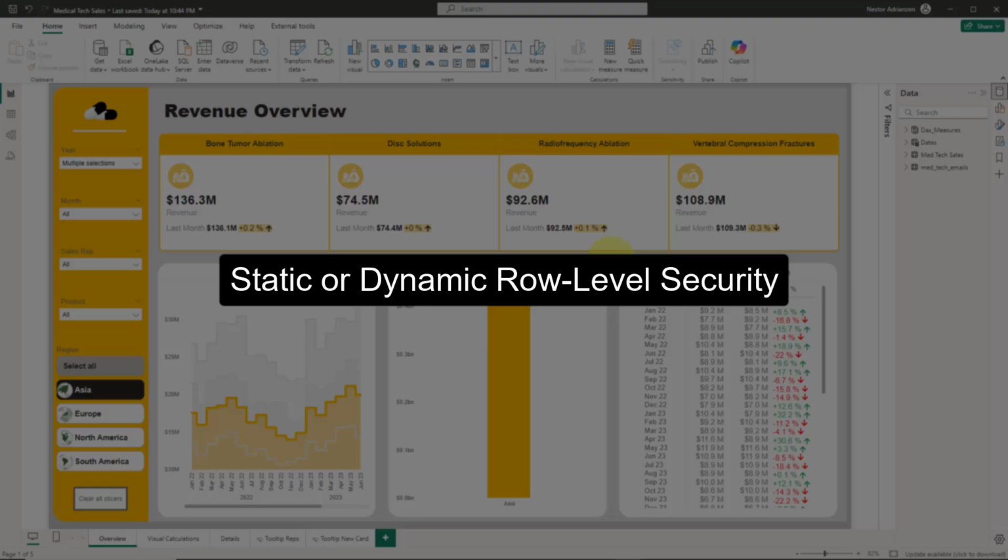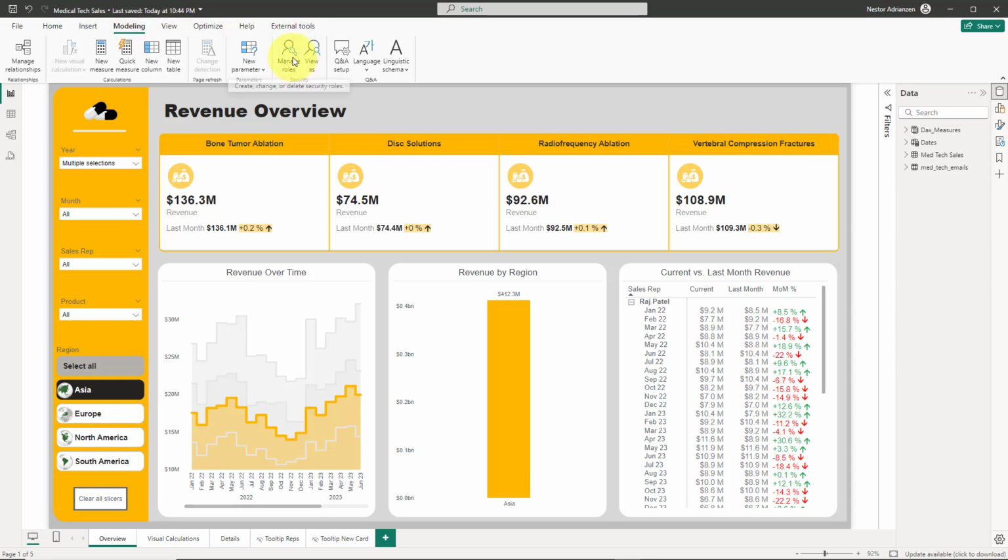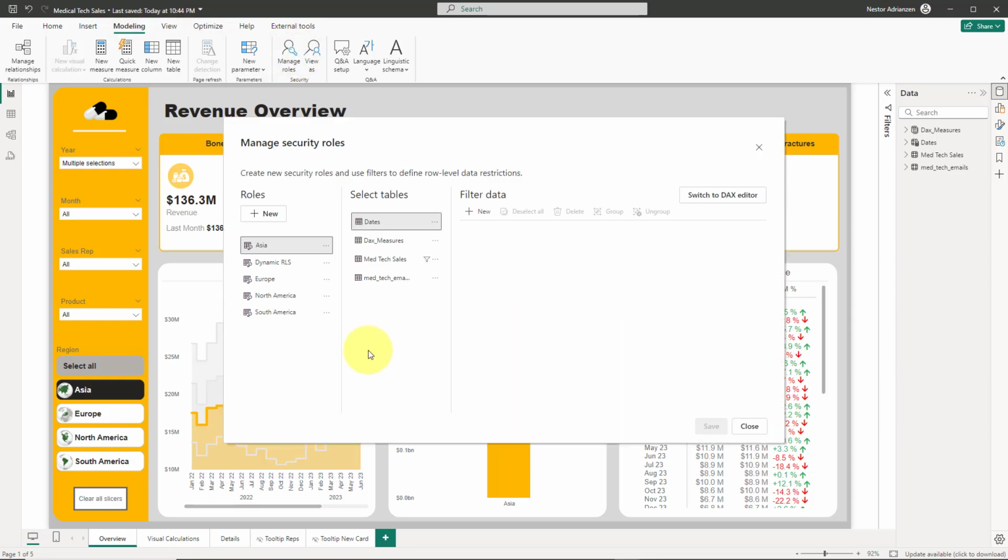It's up to you. For this particular case, I already created a few roles. Let me show you what I'm talking about. Let's go over modeling here, manage roles. As you can see, I already created these roles. Everything here should be static role level security. The only dynamic role level security is the one right here, which uses an email to apply the role level security. I can go over the details later, but if we explore this just for the example, dynamic role level security, let's go over